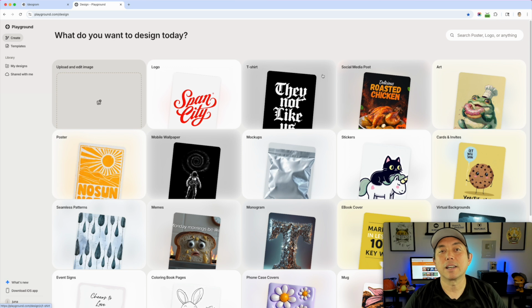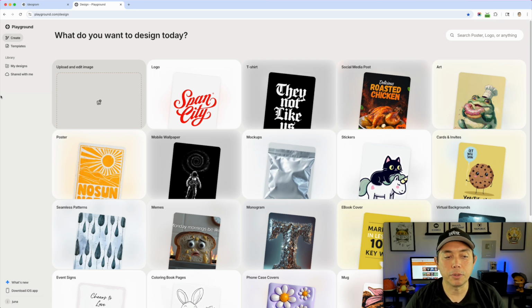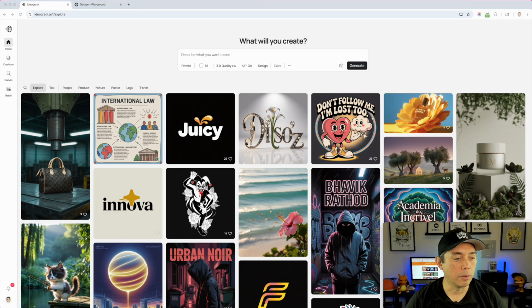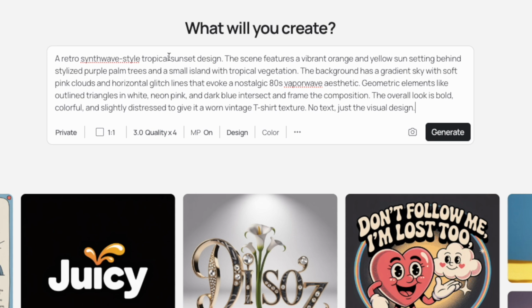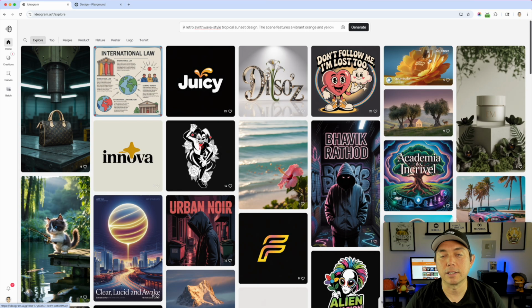So now let's test an even more detailed prompt, which a lot of people use. I've used ChatGPT to come up with these longer detailed prompts, and let's see how they do. I'm gonna go back to Ideogram and copy my prompt here and put it in here. Boom, you can see very detailed. It's a tropical sunset with palm trees and all of that. I'm gonna still leave it on design, quality high, 1 by 1, and so on. So I'm gonna hit generate, and let's see what it comes up with this detailed prompt.